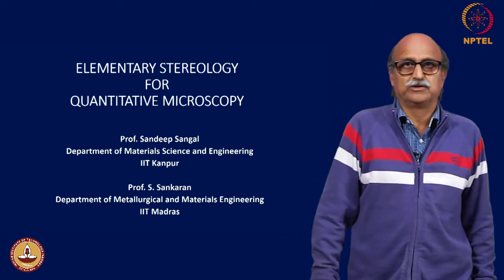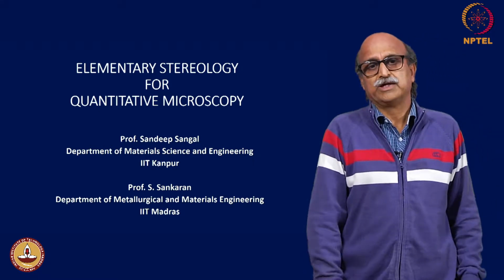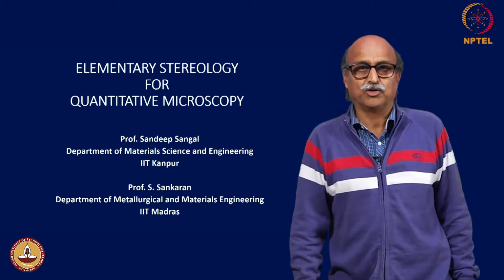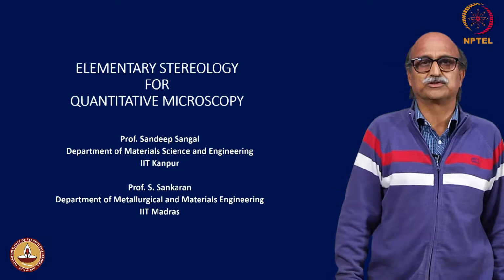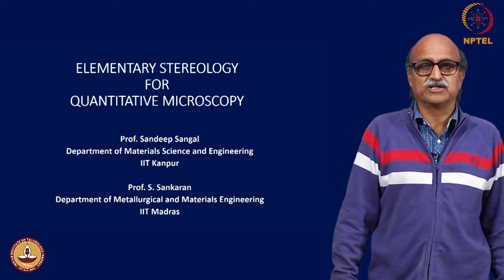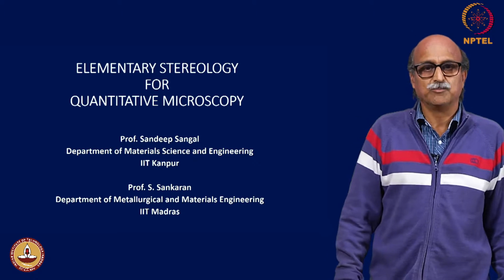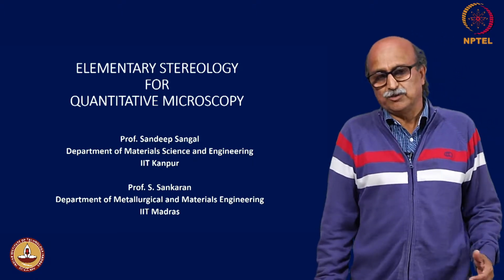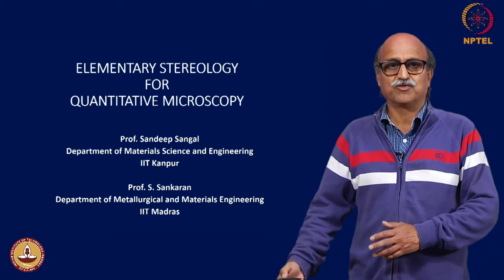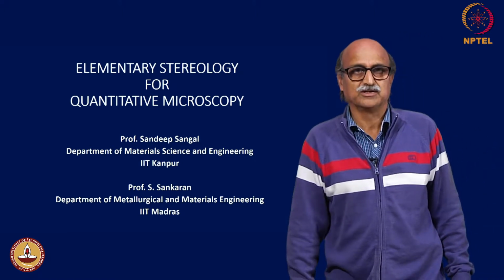Why is it important to characterize the microstructures geometrically? It is because many of the properties of the material depend on the morphology of the microstructure. For example, in a polycrystalline structure, grain size distribution and particle size distribution become important, and on the processing side there is a strong correlation of the morphology of the microstructure that gets developed as a result of controlling some of the processing variables.